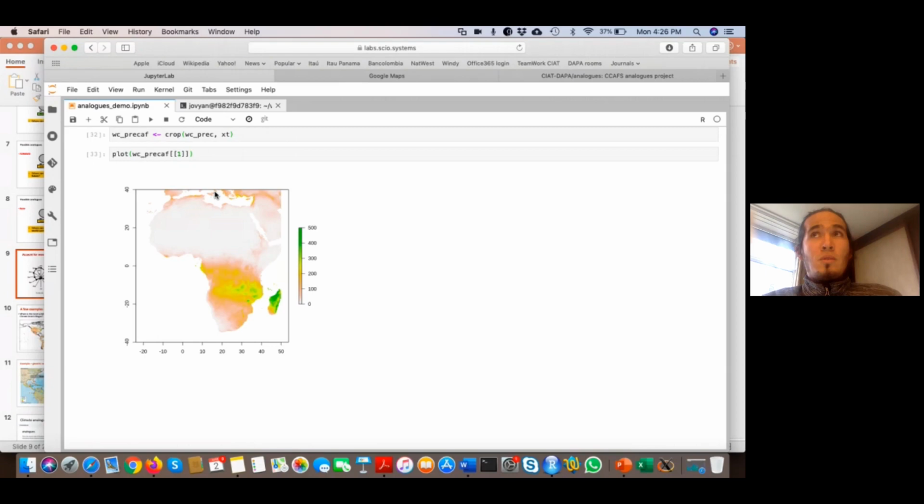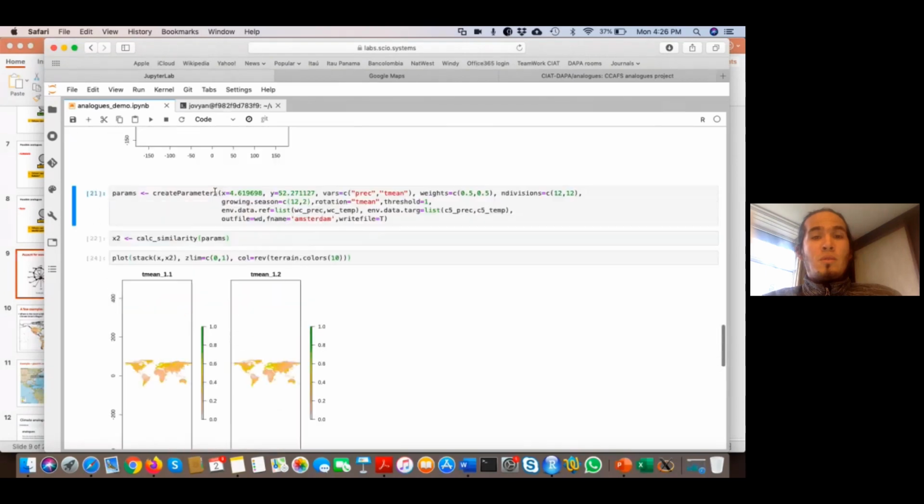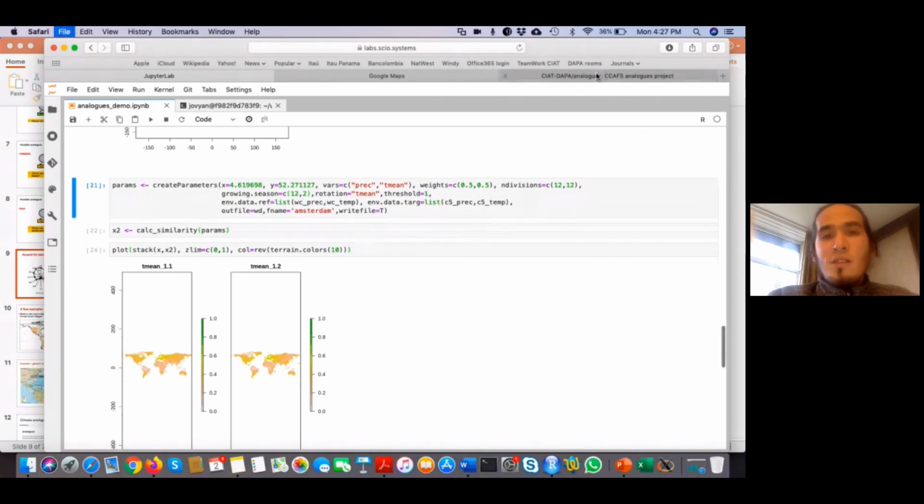Generally, equally within temperature and rainfall, is it good to do that? It depends what your interest is, right? If for the performance of the system or practice you're looking at, you find that both are relevant, then you probably should be weighting both equally. If for the performance of the system or practice in question, one is more important than the other, so for example, if you're thinking about West Africa around the Sahel, probably precipitation is going to play a bigger role in many processes. So I would say, you can give, I don't know, 70-80% of the weight to precipitation, and then 20%. We can run an analysis for the Sahel